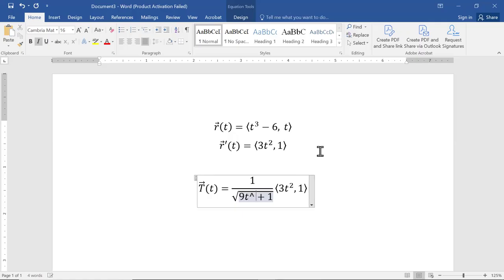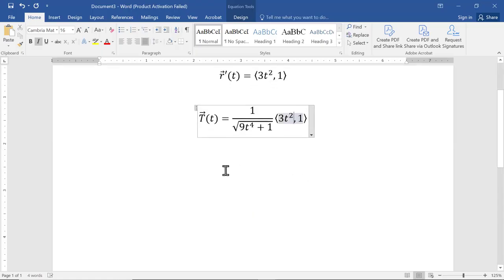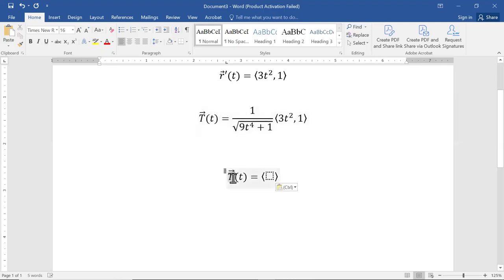So I'll write it that way. 9t to the fourth plus 1 times this vector. Now, if we tried to do normal vector using the same techniques we did in the previous example, we would have a lot of computations to deal with. But since this tangent vector is a unit tangent vector in R2,